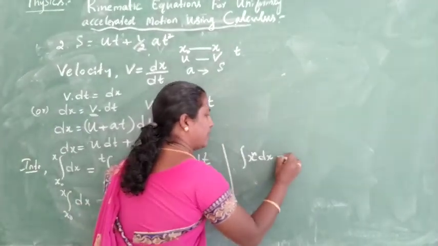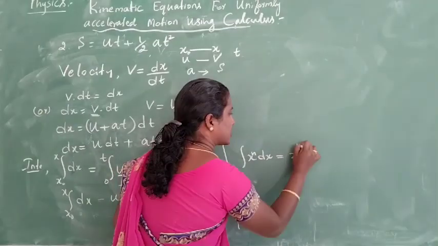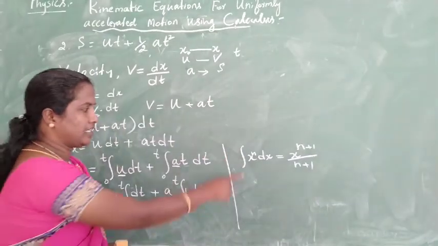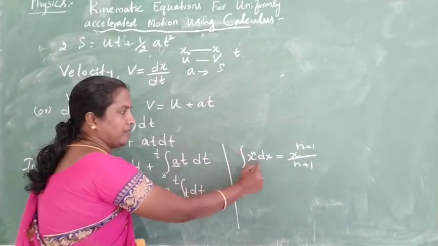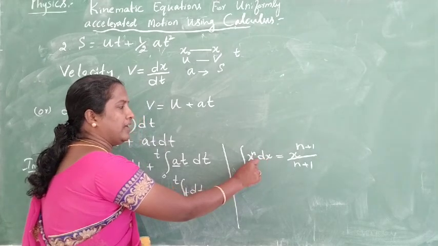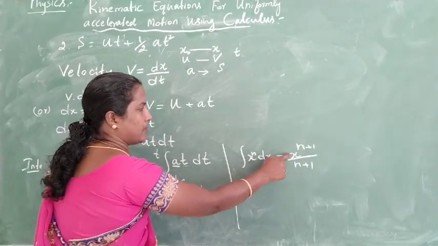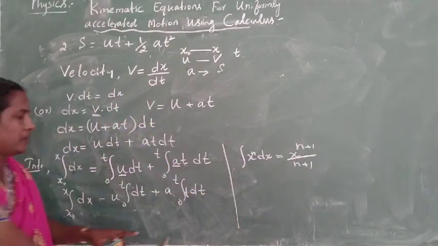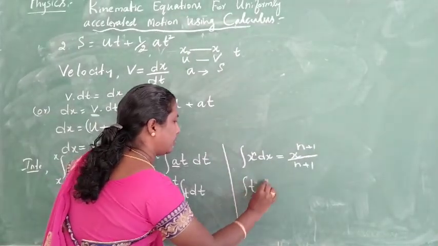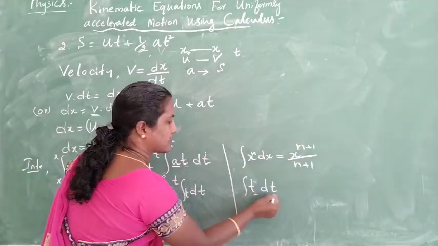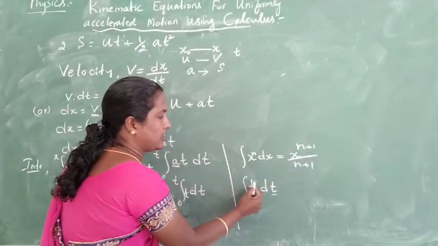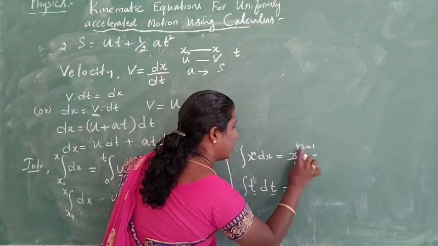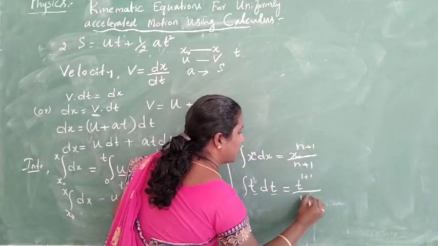Then the standard formula is integrating x to the power n plus 1 by n plus 1. If we have any term x to the power of a variable, with which term we are going to differentiate or integrate, the same term, then the formula can be written as x to the power n plus 1 by n plus 1. N is a power. If we use here this term t into dt, in place of x we have t. In place of n, the power 1 is here. So we can write this term t to the power 1 plus 1 by 1 plus 1.